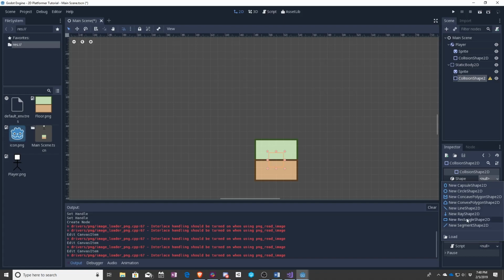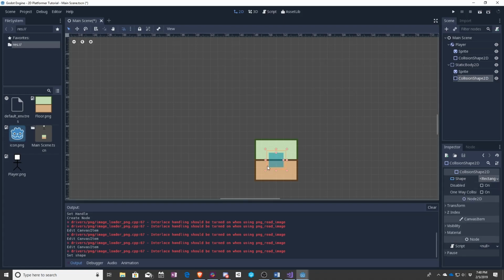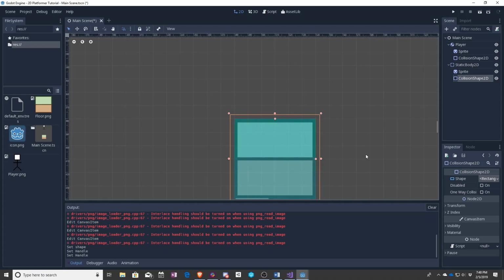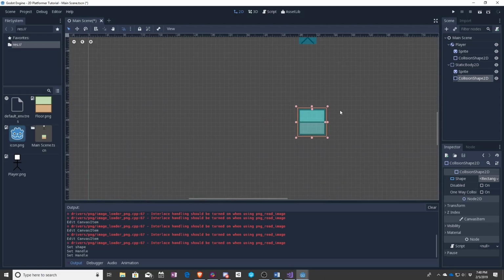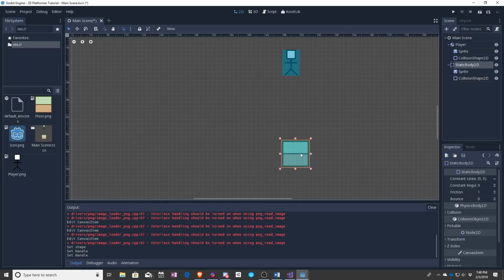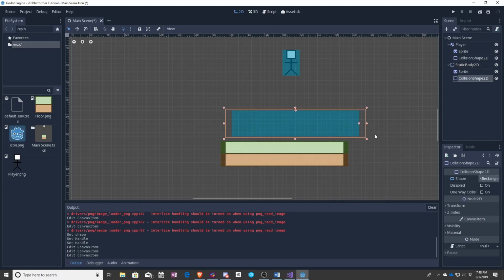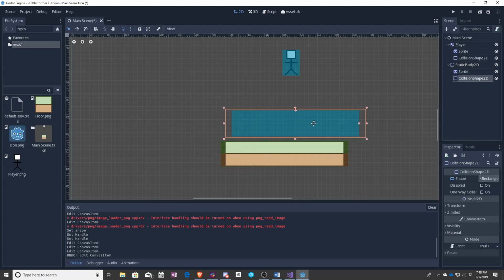We're going to give it a rectangle. And once again, let's go ahead and scale this rectangle up so it actually shows what it's colliding with. And we can go ahead and stretch this out so that we have a nice